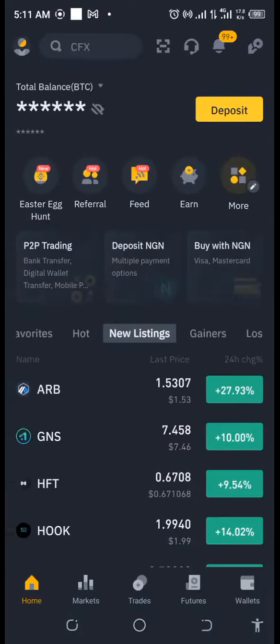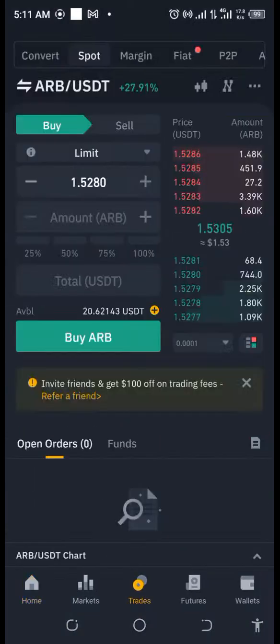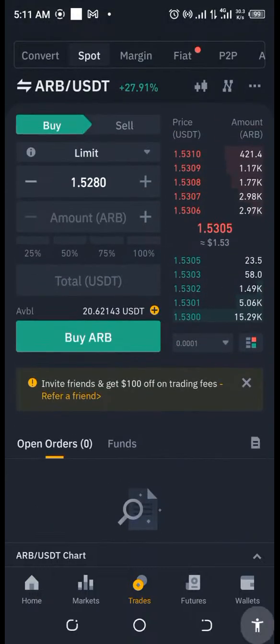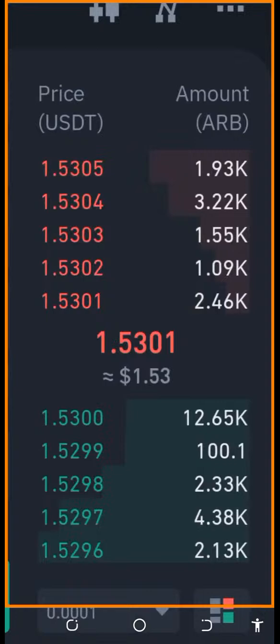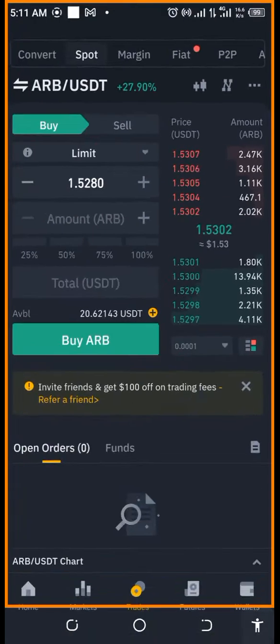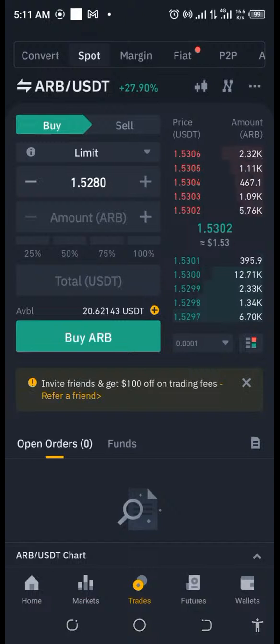Okay, so let's go back in here. As you can see, looking at it, it's still pumping, right? And look at the order book. You can see that it's still very alive and very active. These are the things you need to make sure exist when you're doing your spot trading. Let's look at the